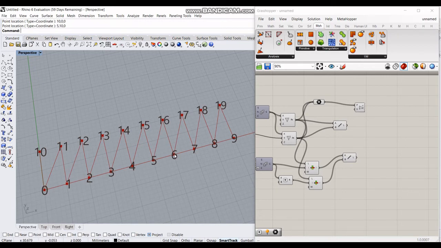And the reason why we are making a Grasshopper mesh, we'll see later, is because there is a custom made component which takes the input as the meshes, mountain and valley lines, and automatically gives you how much they're folding.